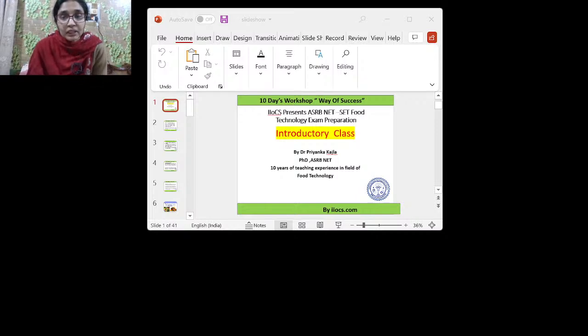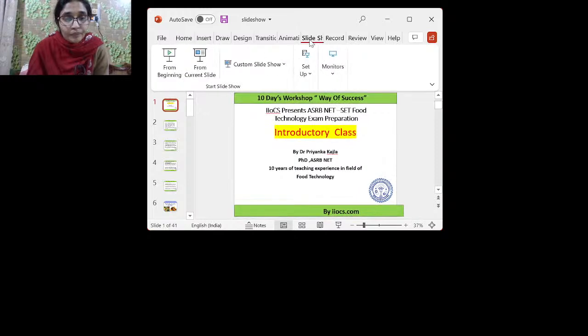So basically, a few of the educators might have told you a lot of things about this ASRB NET exam. This exam is conducted by the ASRB organization, which is the Agricultural Scientist Recruitment